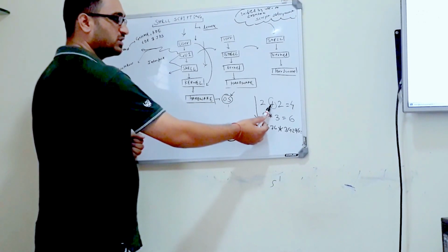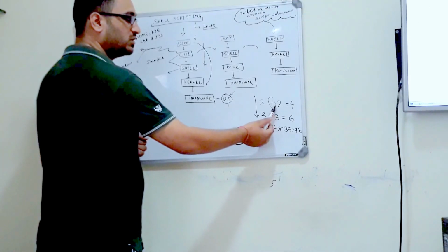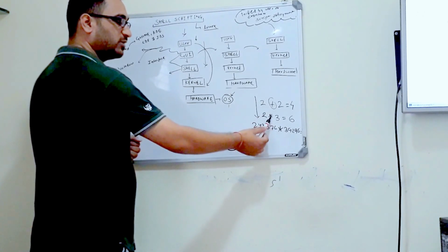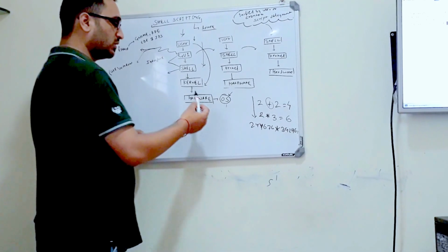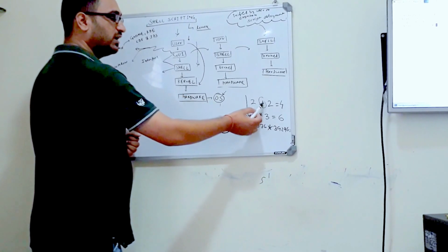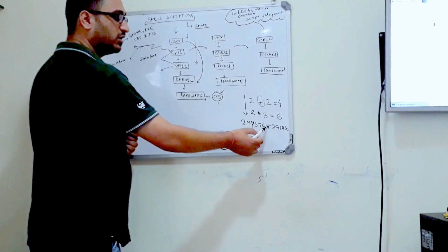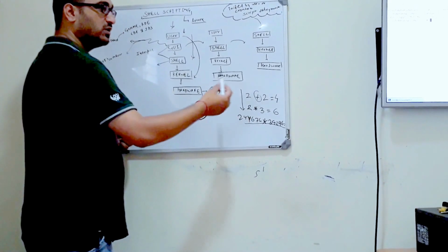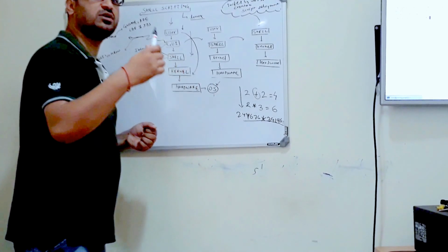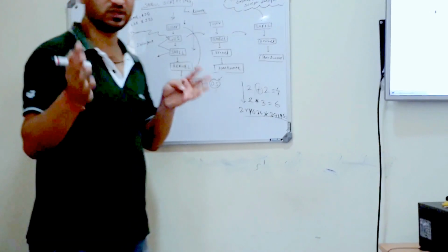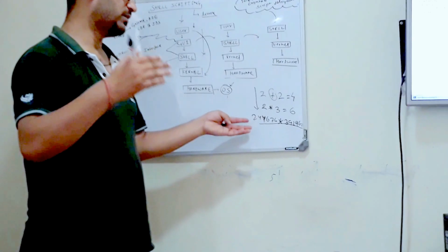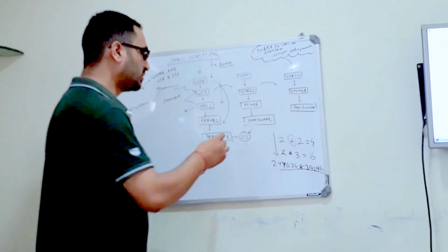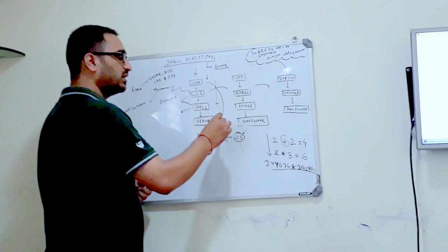Suppose even if I have this input, but if I don't know how to operate, what is the function of this plus and multiply, I cannot do it. So all of these are libraries. The person who answered very fast is also using some set of libraries, because libraries are in the sense some sort of shortcuts. By using that, the person is able to access the hardware or answer very fast. So the kernel is a set of libraries.